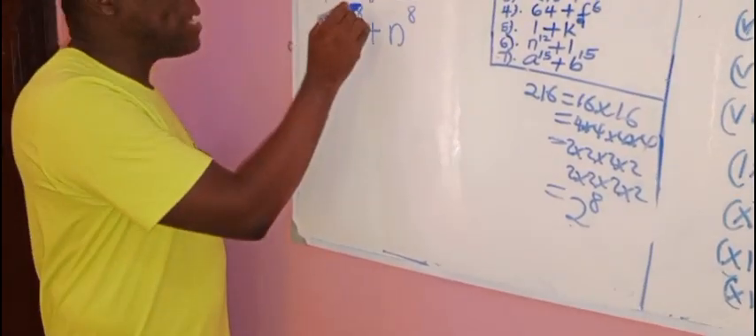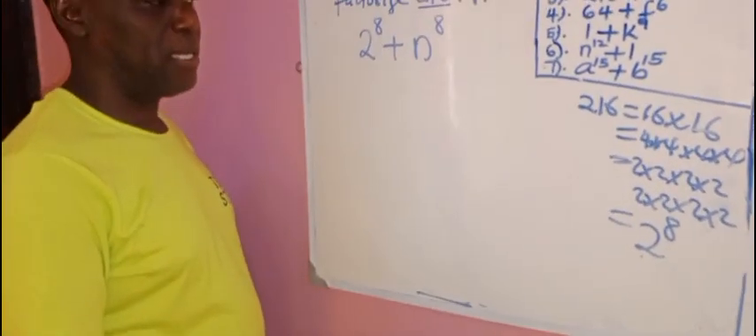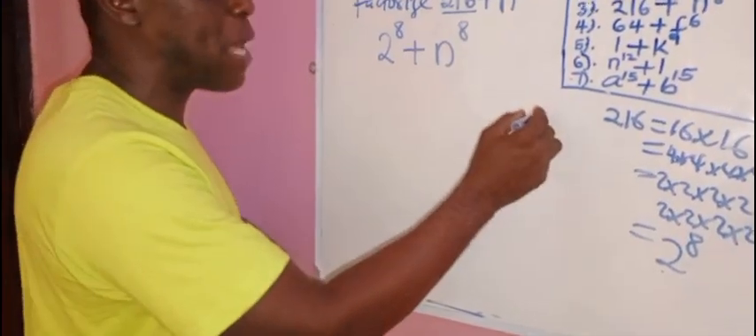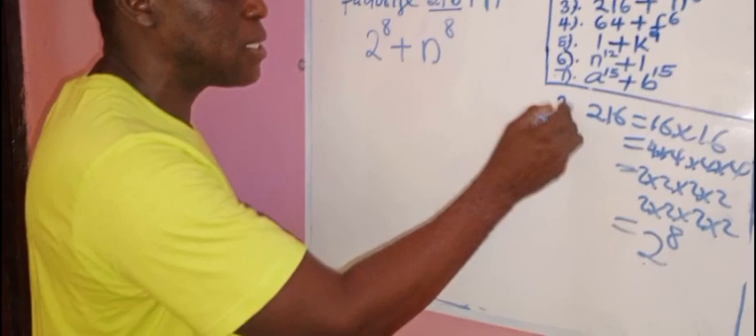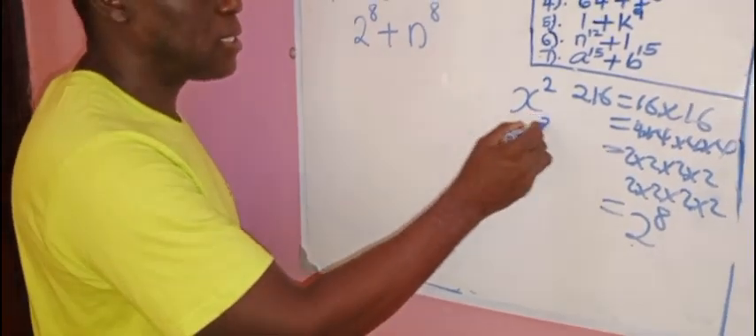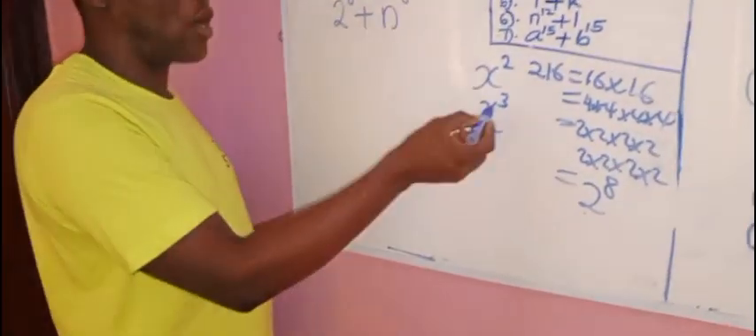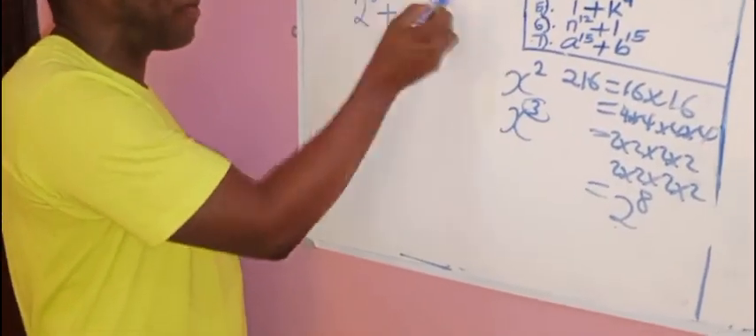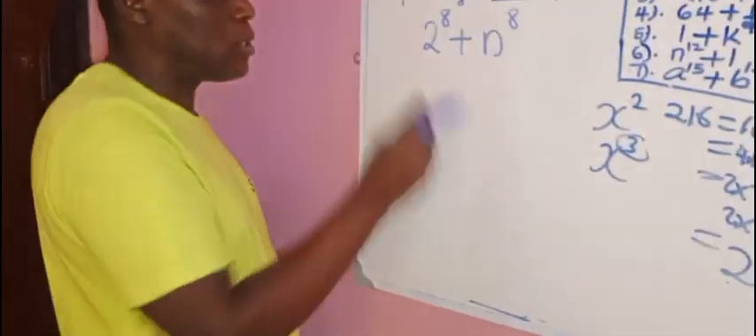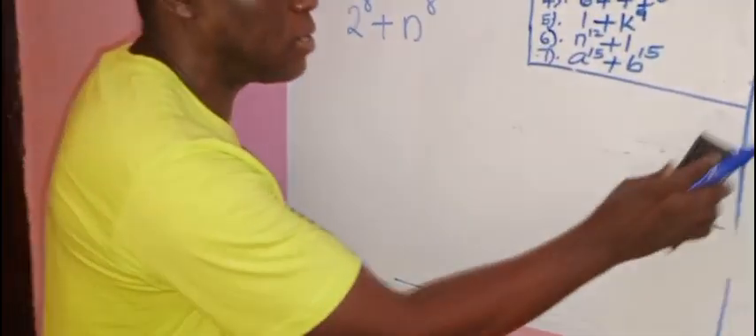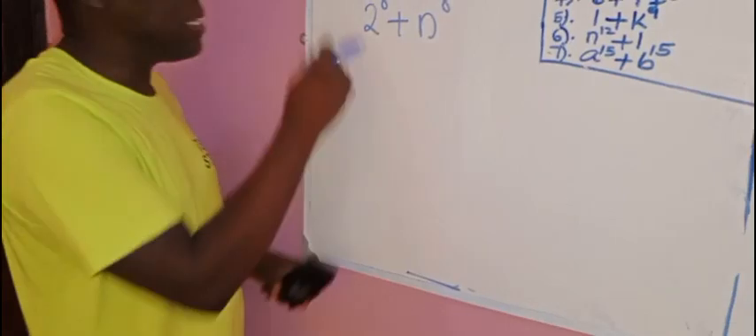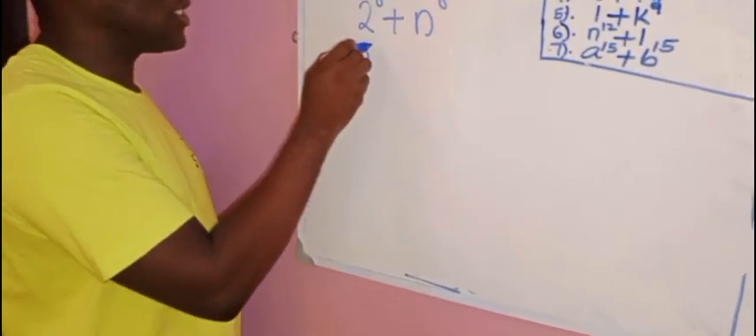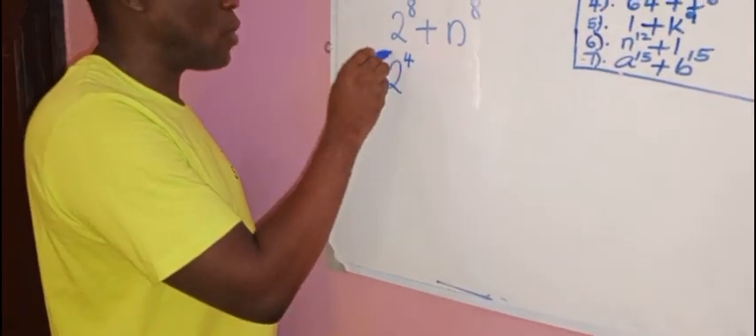Now, look at the exponent. The exponent is 8. I know that so far, you can only have this or this. It's either squared or cube. So from 8, I cannot get 3 from 8. It's not possible, but I can get 2. 2 times 4, 8. So that means this can be written as 2 raised to the power 4 squared